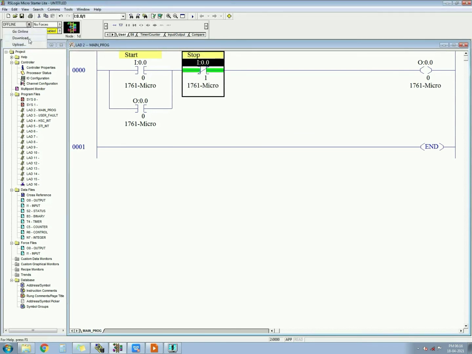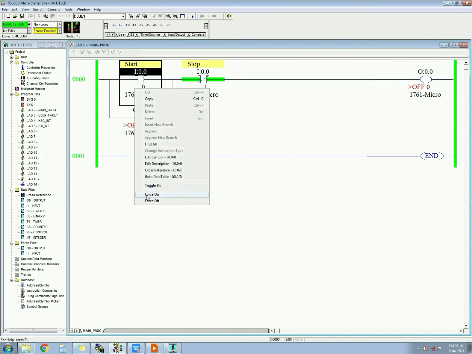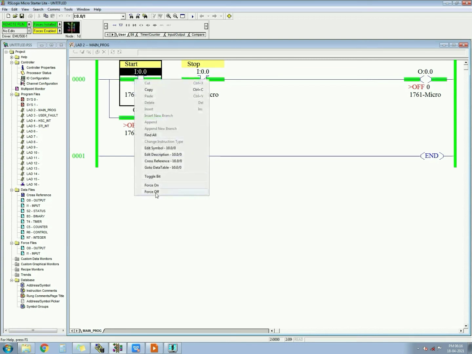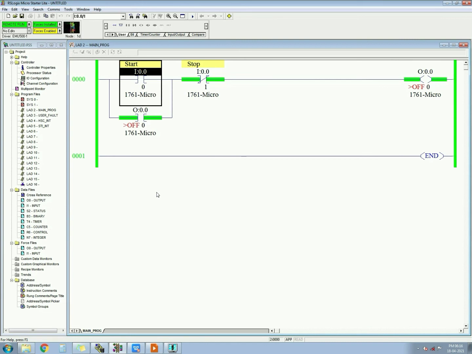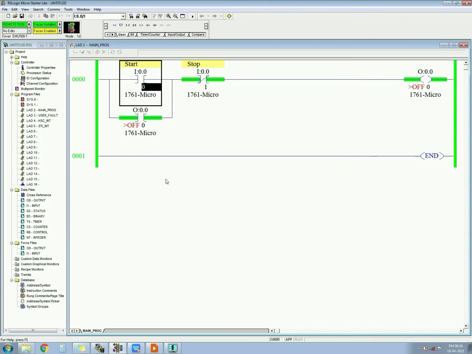So these are the push buttons that are used in industry. Okay, so you have to remember this, we have to force on and force off, because I'm working in a simulation software, I'm not working in hardware. In the next video I will try to add hardware also, so that you can understand it more clearly. So when you force on and force off, it means when you press and release the input, you have to force on and force off right now to assume that this is a push button.